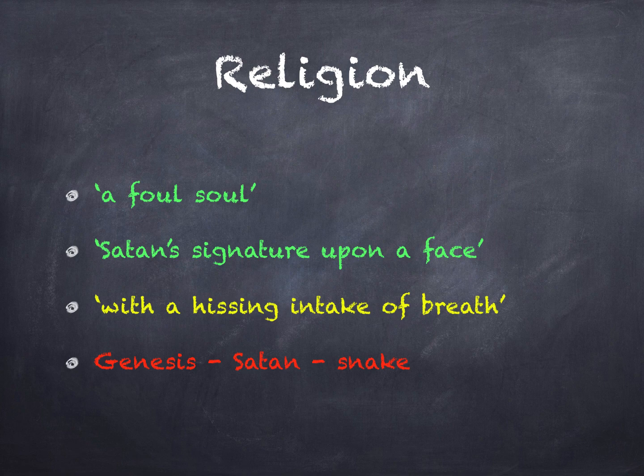And to a Victorian Christian, anything to do with a snake would take them back to the evil devil, Satan, in the Garden of Eden. The snake being evil and tempting Eve, who then tempts Adam and brings corruption into the world. So the association of Hyde with a snake, with the devil, and having a foul soul wraps him in this kind of evil aura. For more information about Satan and the Garden of Eden, you might like to look at the first book of the Bible, the book of Genesis.